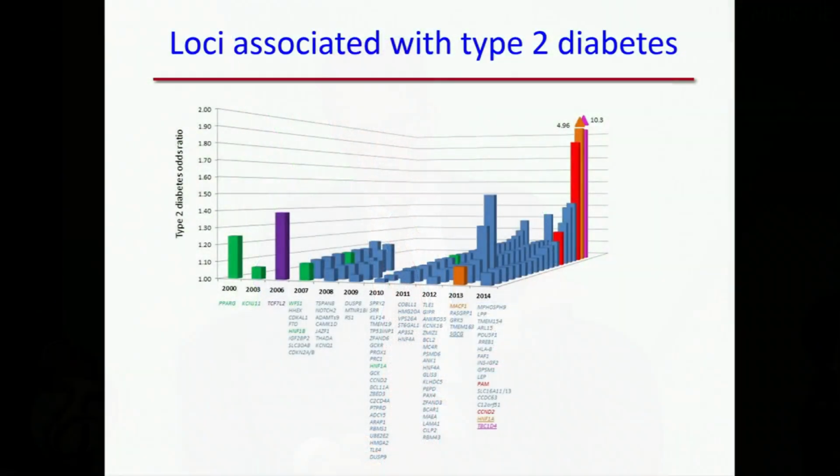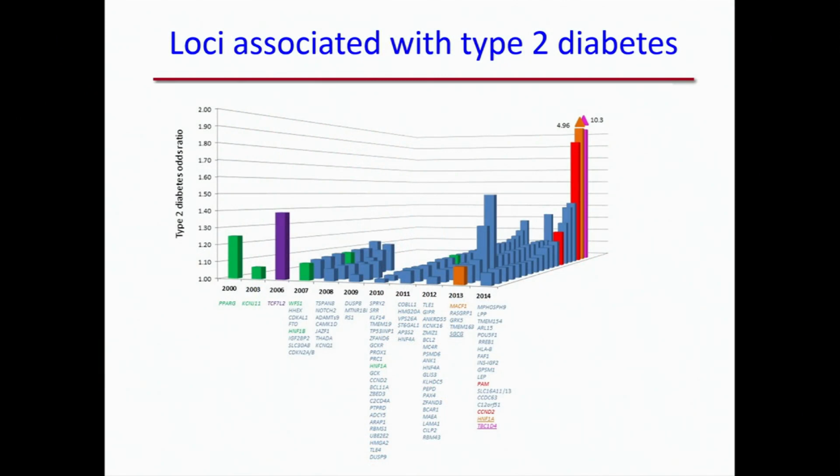Shown in this slide, by year of discovery in the last 10 years on the x-axis, are all the genetic loci across the genome that have been conclusively and reproducibly associated with diabetes, with the odds ratio on the y-axis and the mode of discovery shown in different colors. We have over 100 or so loci now known for type 2 diabetes associations, and about the same number for obesity. So the question is, will all this genetic variation that we have now uncovered lead to changes in the practice of medicine, in prevention, and in policy?